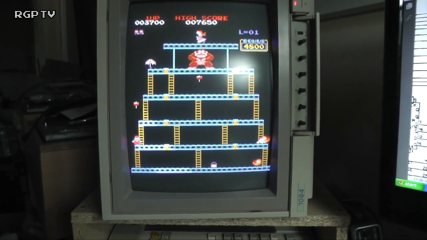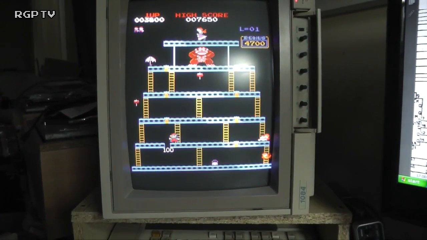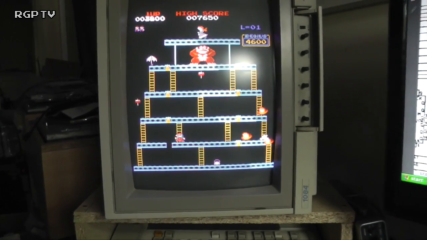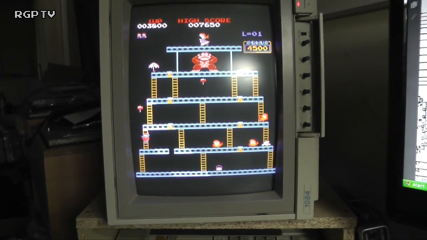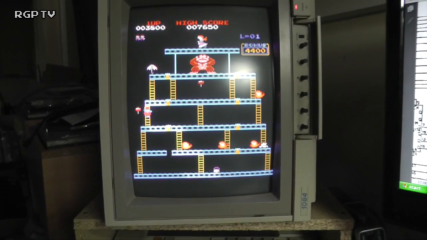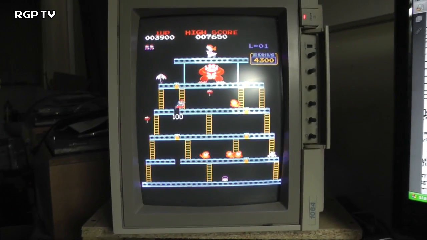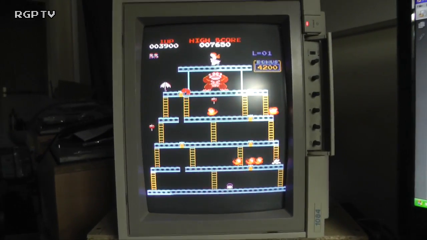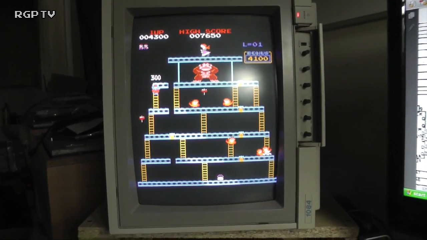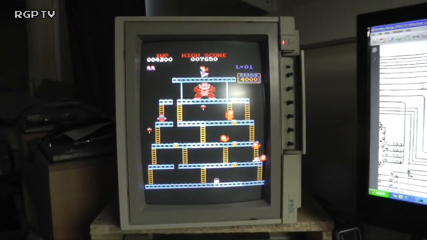Well, some sounds seem to be a bit louder than others. Not quite sure about that, but we'll look into that. It could be just this amp, or some pot or something I haven't spotted on the board. Anyway, I think that's going to be it for